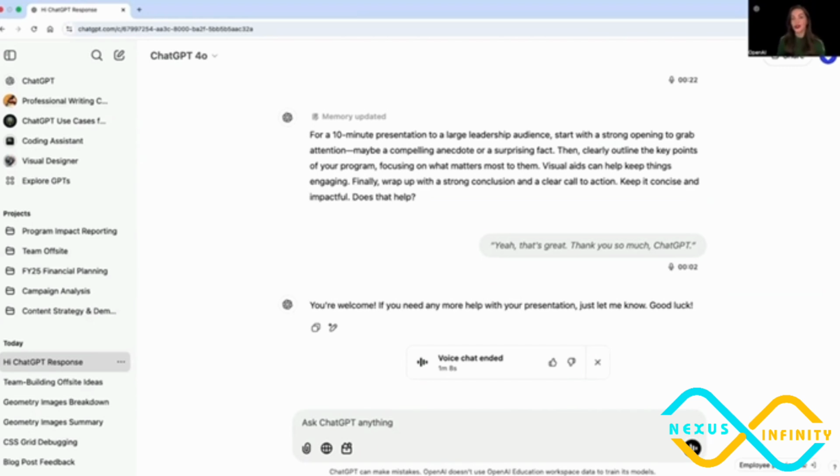Great. So what I've just shown you is text-based input and getting a text-based output, leveraging the search capability to help you with research activities. And now we've just used our voice to simulate and prepare for a really important meeting or interaction. So whenever I'm talking about these scenarios, I really want you to reflect on your